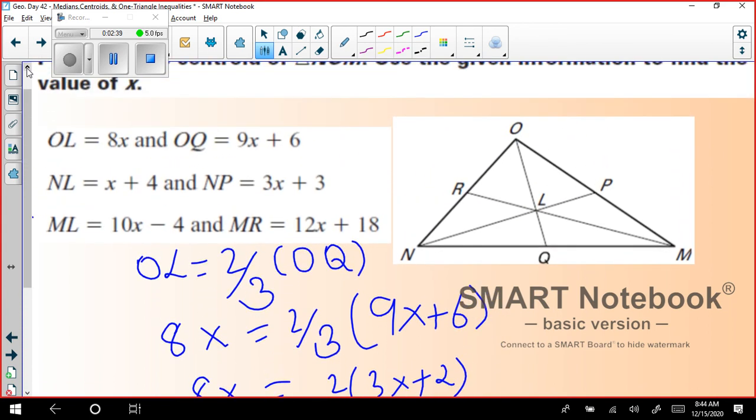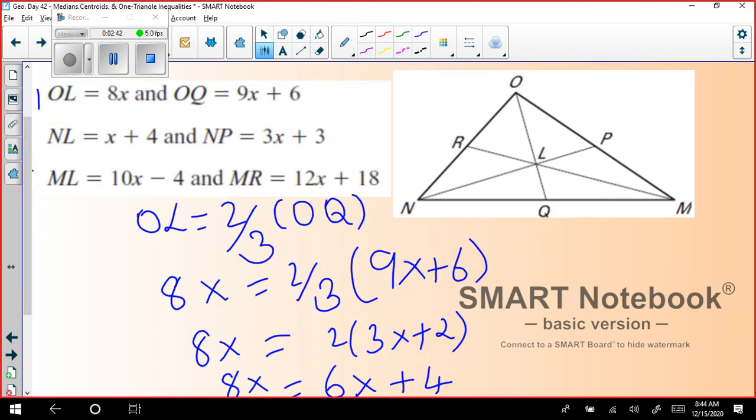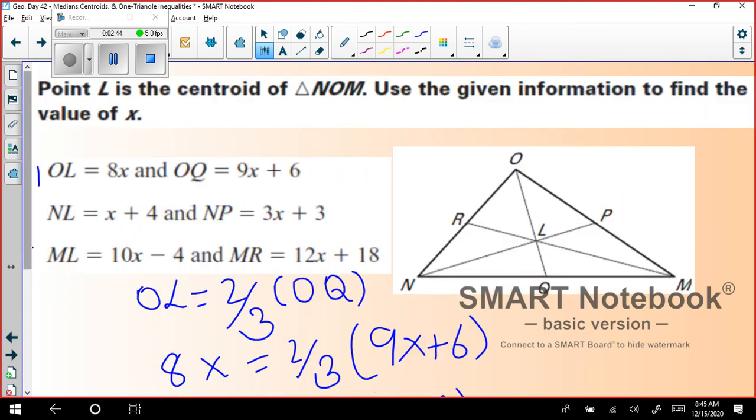Now I want you all to try the second and third, NL and ML. I'll give you exactly like a minute. So just try to finish that and then use chat to indicate your answers. You have a minute from now. Complete these two, second and third.